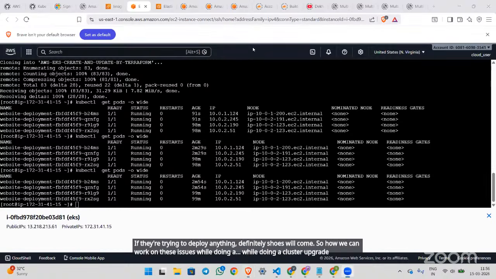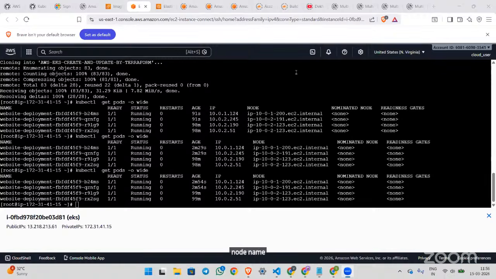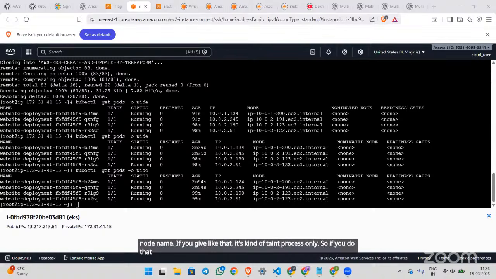We can run one command, kubectl cordon node name. It's kind of a taint process. If you run cordon, and someone runs any deployment on the cluster, it won't allow it. Cordon means nodes are locked, not allowing any further deployment until you uncordon.